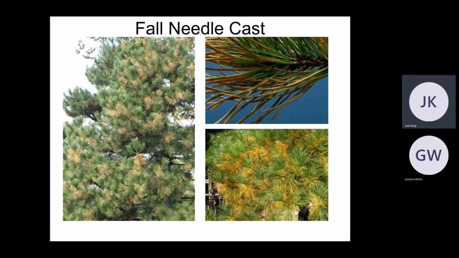But anyways, this yellowing happens in the fall, kind of before winter comes, and it's usually about the top or bottom two thirds of the tree, and it's the interior needles. So if you see that happening, it's probably just fall needle cast, and that's natural. It's not a disease or anything. Like I said, there are some needle cast